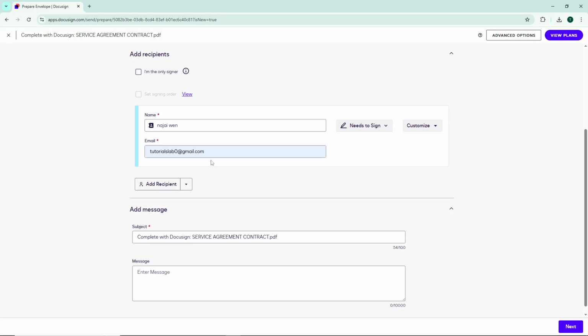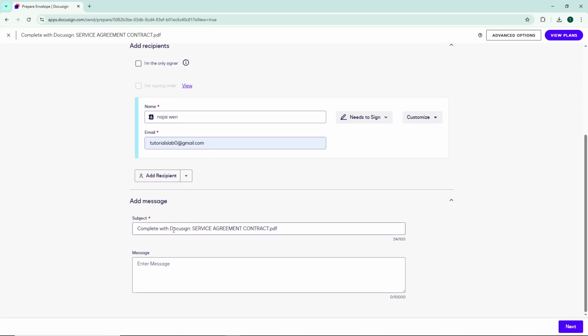Now navigate down to the subject field. Here, type a subject line that clearly identifies what this contract is about. This helps the recipient understand what they're being asked to sign before they even open the email. Below the subject line, you'll find a text field for entering a message. Type in any additional instructions or context you want the recipient to have when they receive the contract. With your recipient details and message filled out, look to the bottom right corner of the screen and click Next